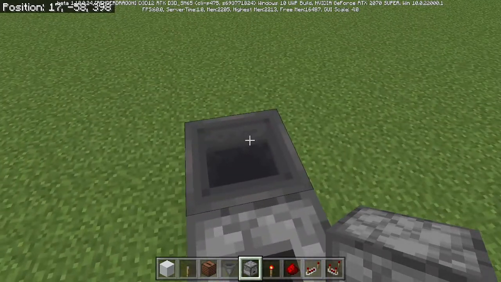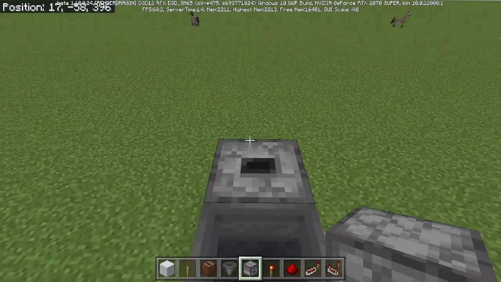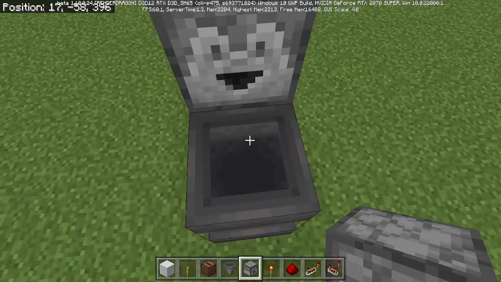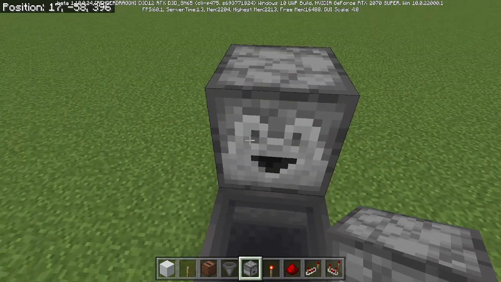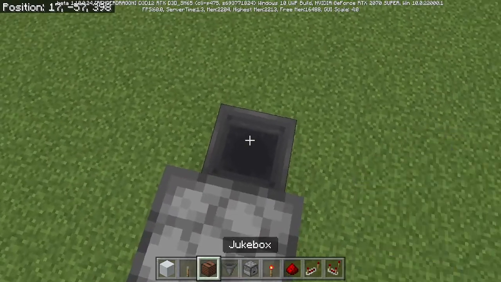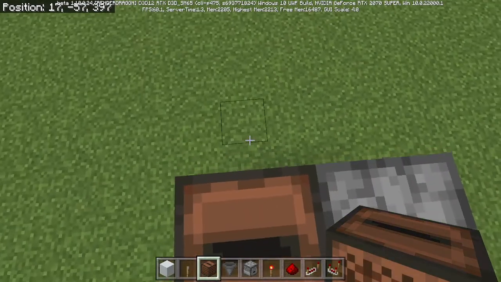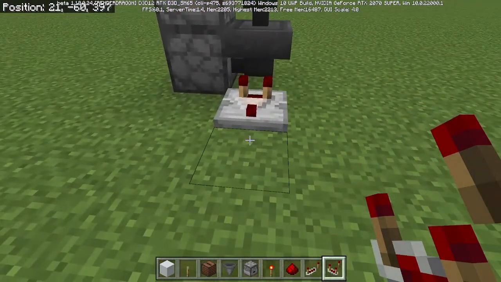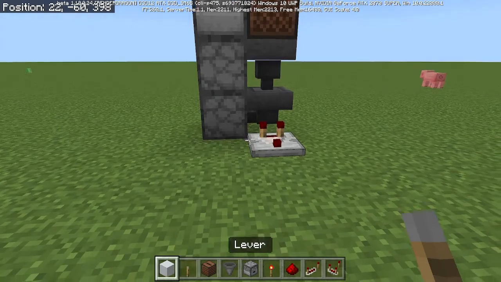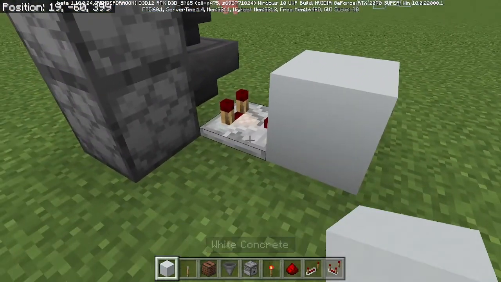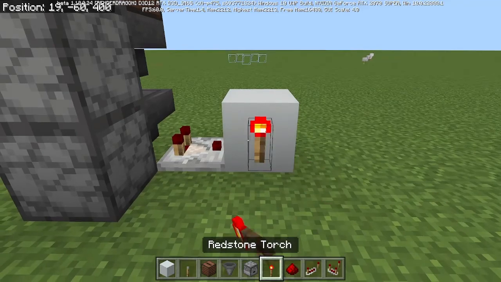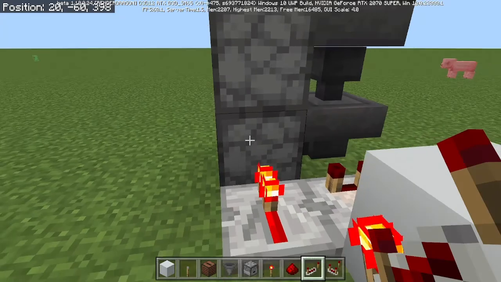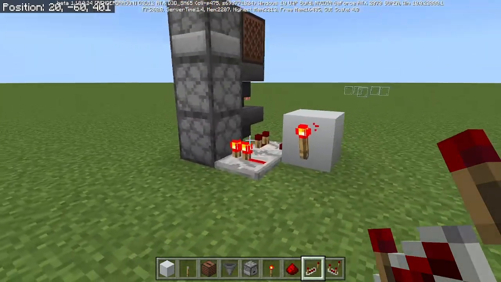Once you've done that, you're going to place another dropper on top of that one, but it's going to be facing like this so you can see the face pointing towards the hoppers. Okay? Now, once you've done that, go ahead and place your jukebox on top, just like that. And while you're up here, go ahead and place your comparator on the ground. Now, you do not have to switch that on. And place a solid block in front of that comparator, just like that. Next step is a redstone torch on the side of that, and then a repeater going into that dropper right here. Okay, so far it should look like this.